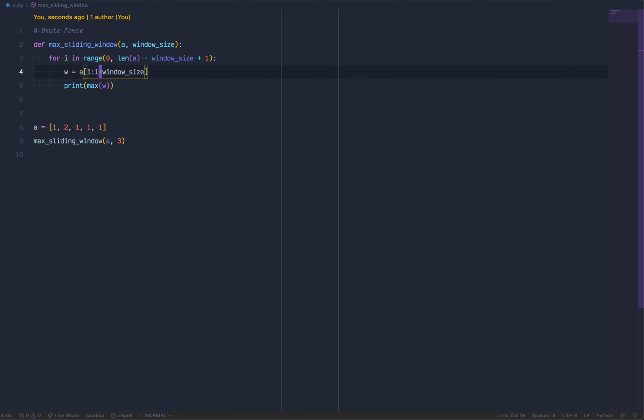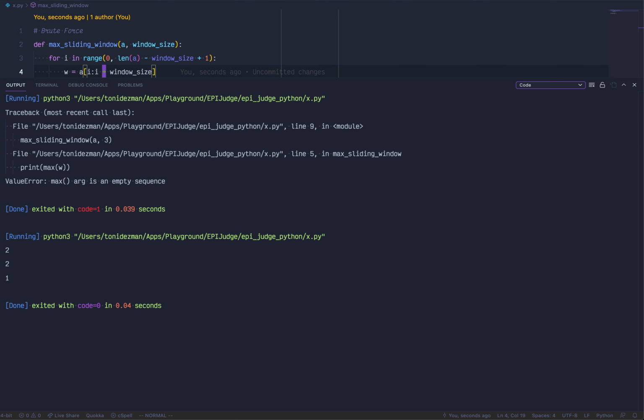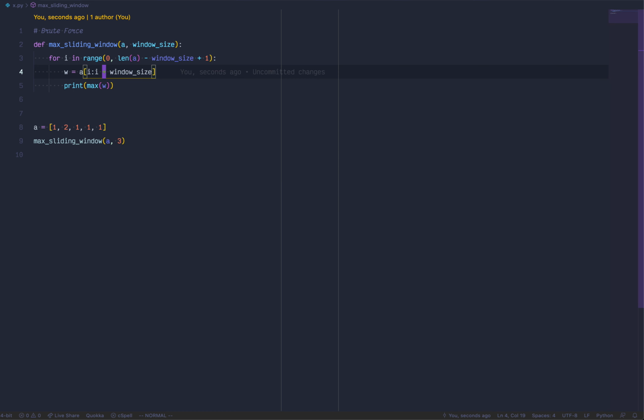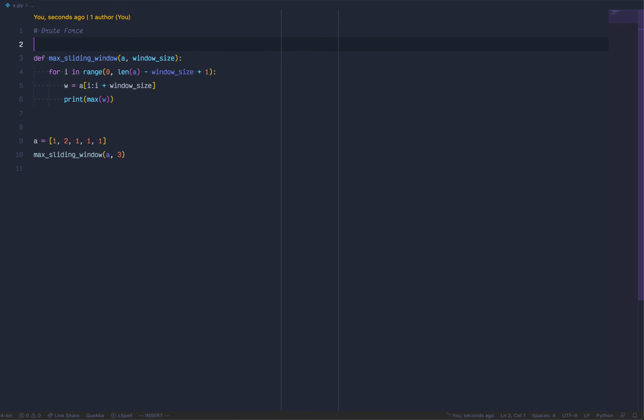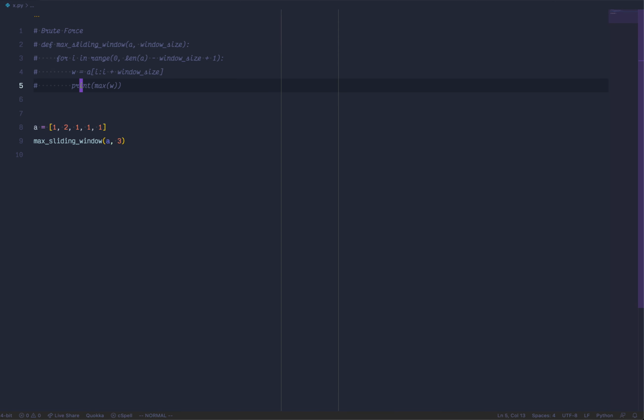Yeah, of course, it should be plus. And we have 2, 2, 1, like this. Cool. Okay. So we already talked about time and space complexity, so we don't need to do this here. The next solution would be